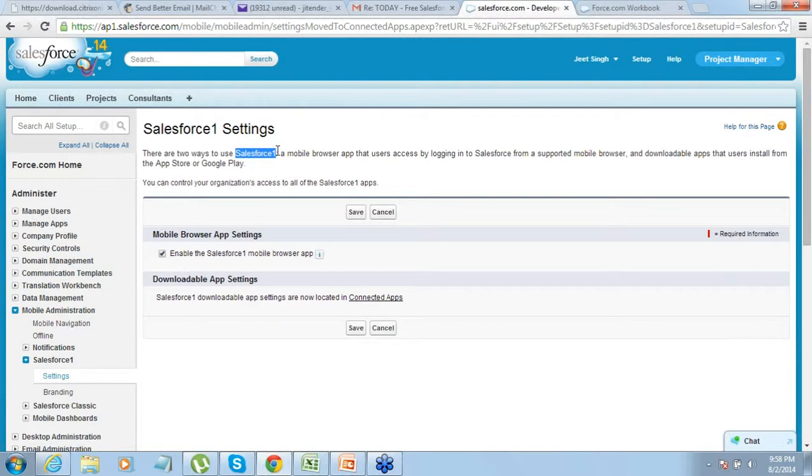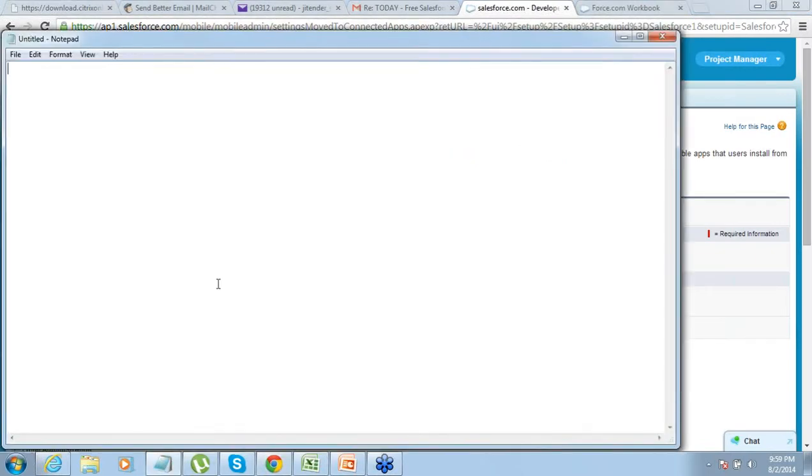Once Salesforce One is installed on your mobile, you can put in your login ID and password, and this app will also be available under Salesforce One. So it's so easy. This is so simple. For making it a mobile app, you just have to follow these steps. One, go to setup.